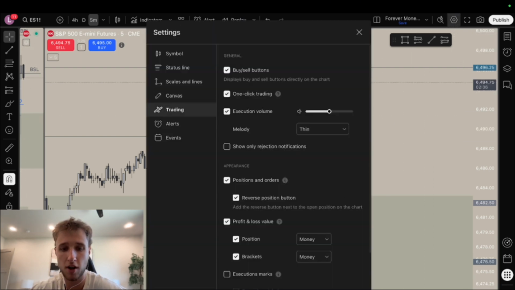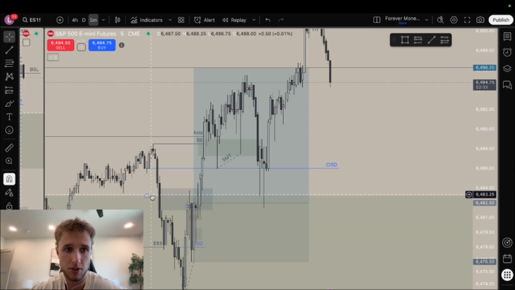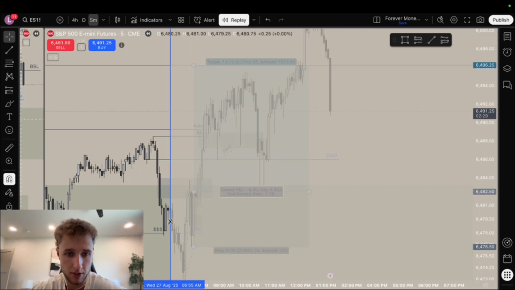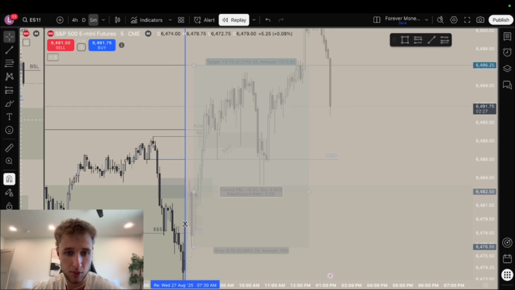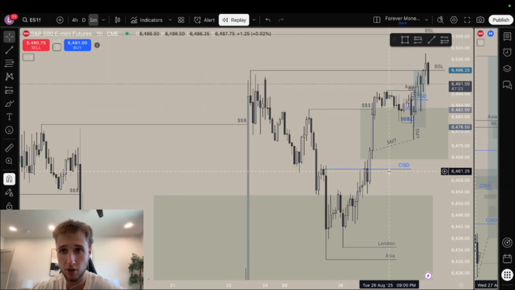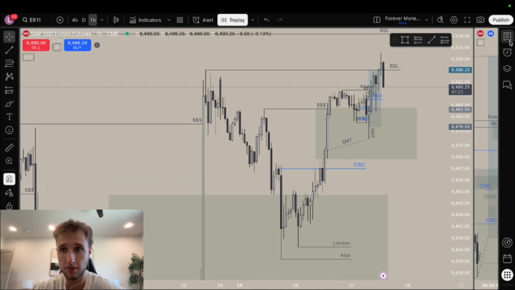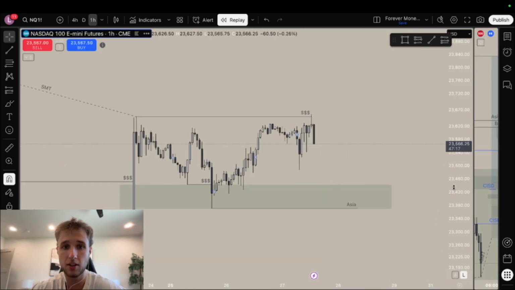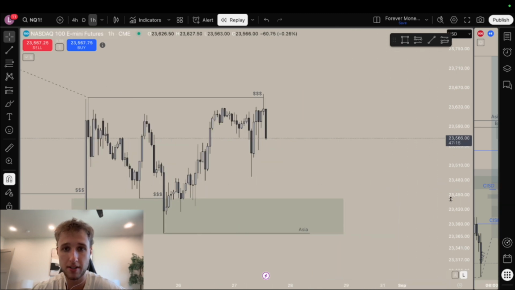And I kind of want to just walk you through what my bias was going into the morning. So let's go back in price here to 7:30. So if we take a look at NQ, oh, what the fuck? Why is this like it? Okay, here we go. So if we take a look at NQ, what I wanted to see coming into the morning